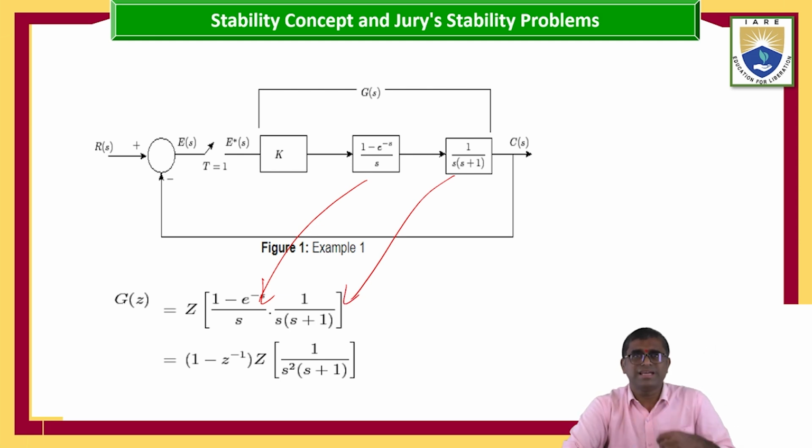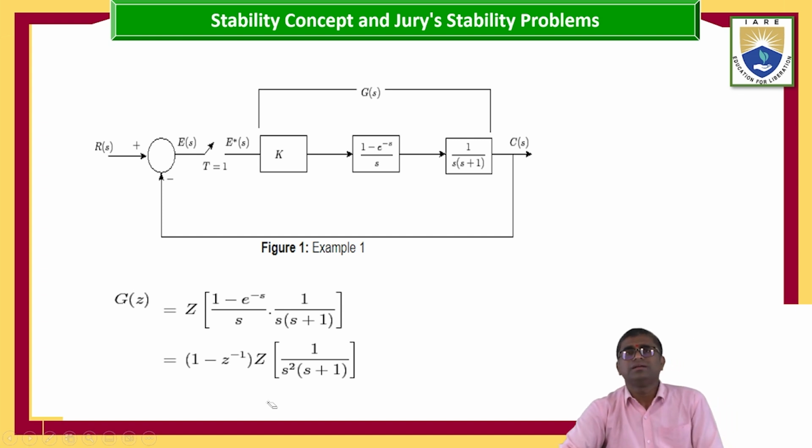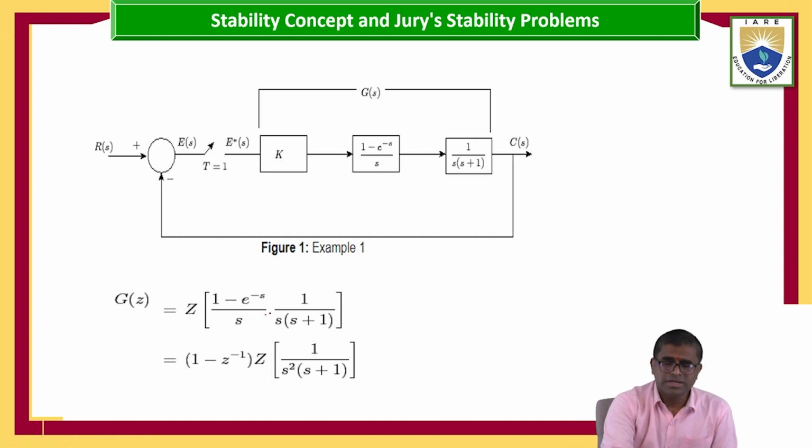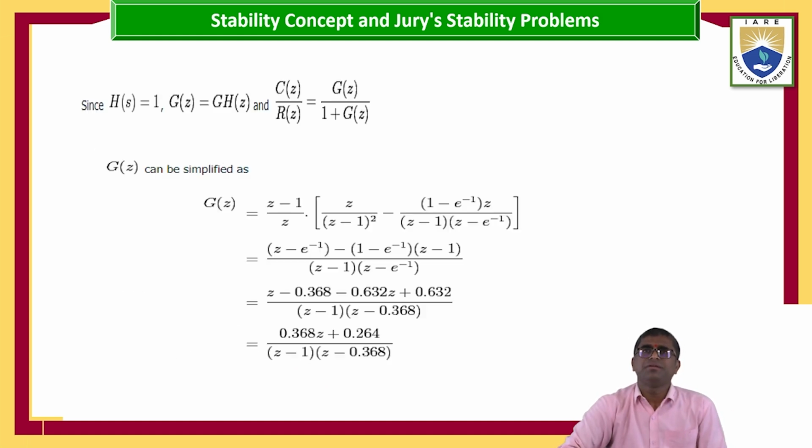That is nothing but here, 1 minus e power of minus s by s is nothing but 1 minus z power of minus 1 into z transform of 1 by s square plus s plus 1. So for solving this mathematical equation, we have to get as